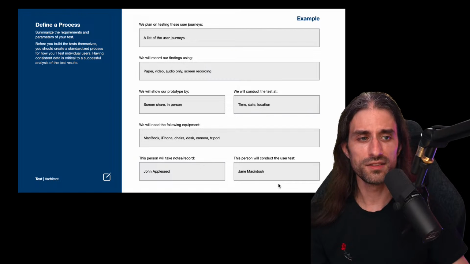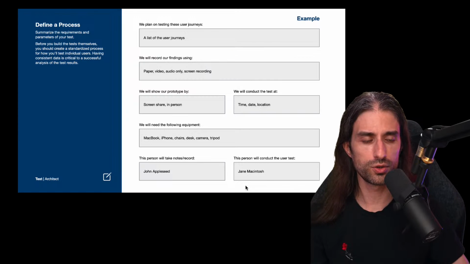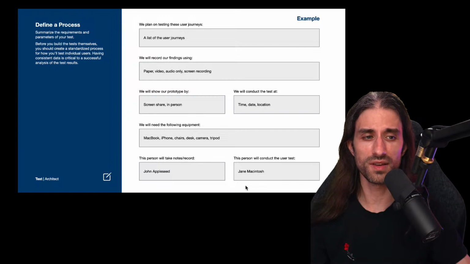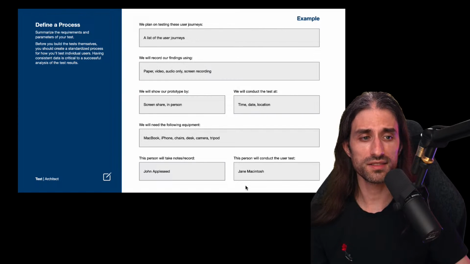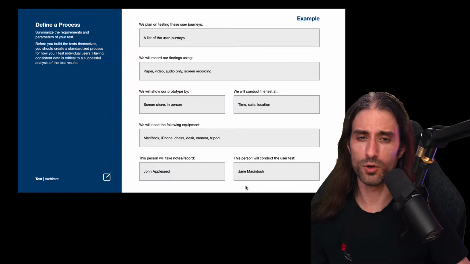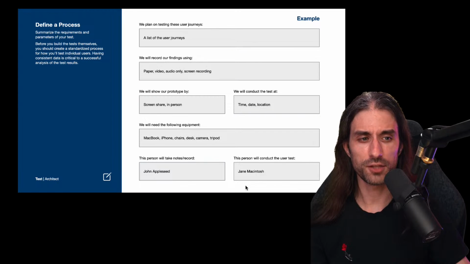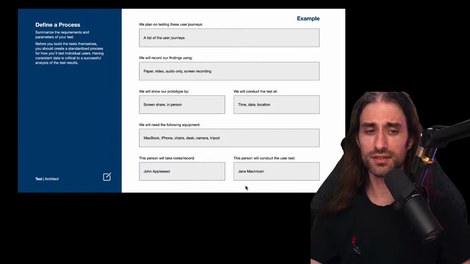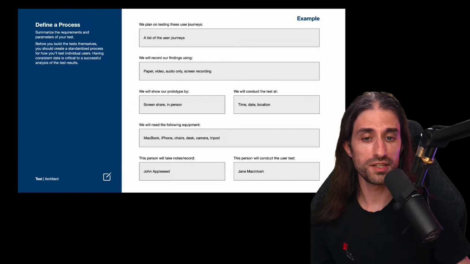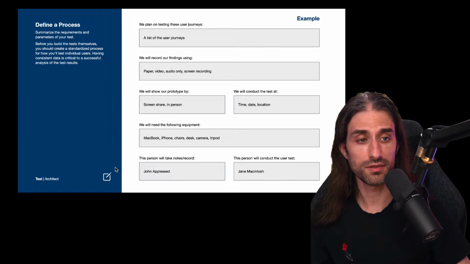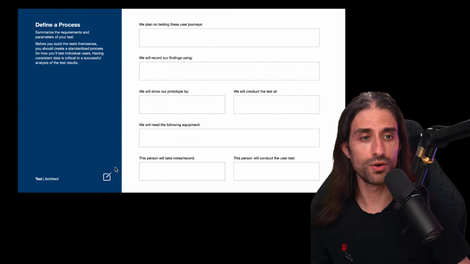Very important, either have some automated recording and note taking and then focus on the user test. But don't try to do both at the same time, because it's very hard to guide a user through a test and also take notes. If you try to do it, you will do a poor job. The user might feel that you're neglecting them. You might miss out on some important things that the user will say. So very important to split the responsibility into two, and usually the recording can be automated, for instance, with screen sharing and audio recording.